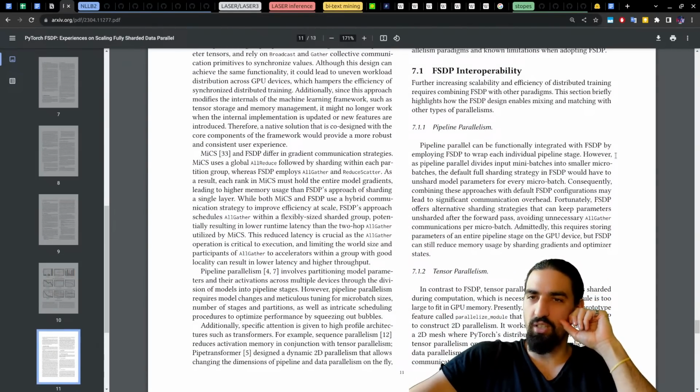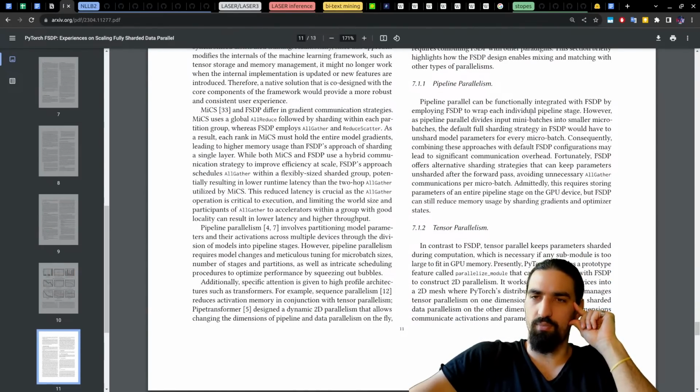Further increasing scalability and efficiency requires FSDP combining with other paradigms. Pipeline parallelism.